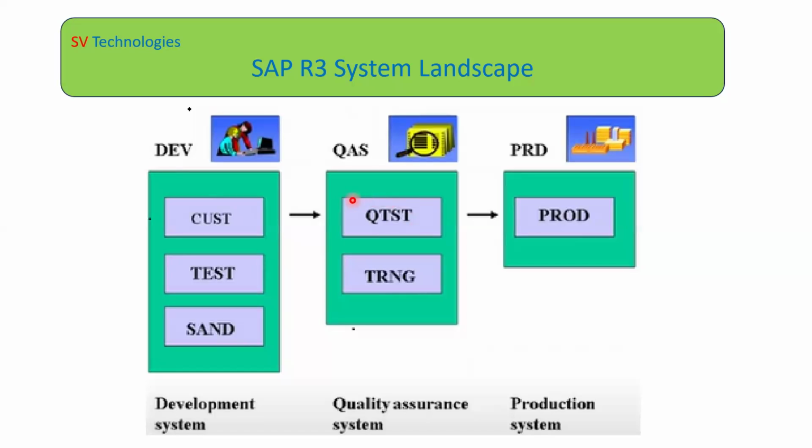So once the business team has tested in the quality client, and once we get approval from them, only then can we move the changes to production. That is the reason the quality system, this quality client, will be provided for both the consultant as well as the business team. So you can see the training.